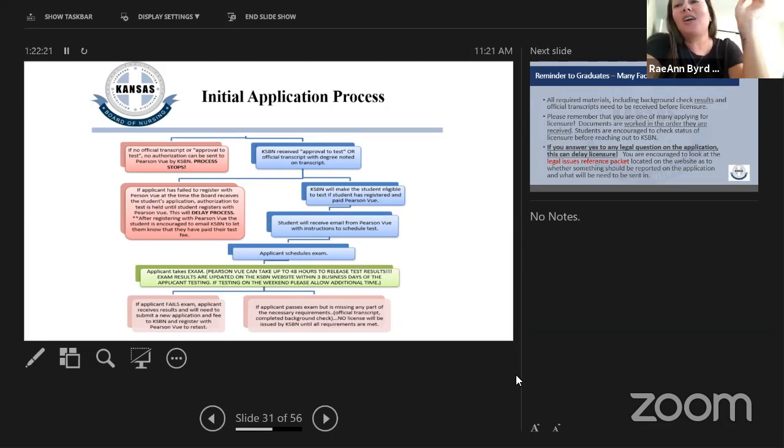I will actually tell you too, the authorization to test, I know that is something that the students really love. Those are hard for us though. Unfortunately, that form is not built into their checklist. So when you send those as a school, when we do the transcripts, they will be able to see when we have their transcripts, and most schools just do the, we check that off and we go in and check Pearson VUE, and as long as they've paid, we will make them eligible to test.